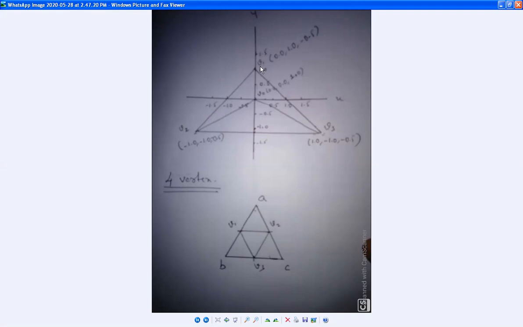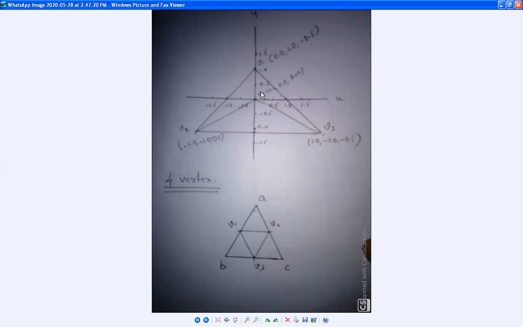Now, this is a 2D image which you have tried to draw, but usually in computer graphics you need to work with 3D images. When I say 3D image, it means we consider the z-axis. And keep it in your mind, there are no specific rules for deciding the vertices.